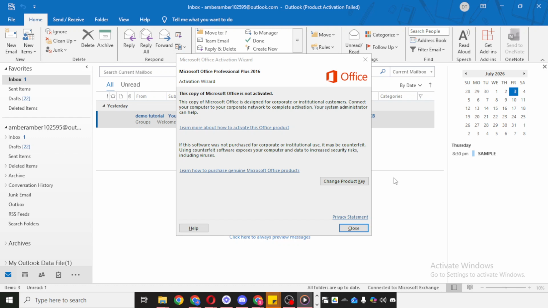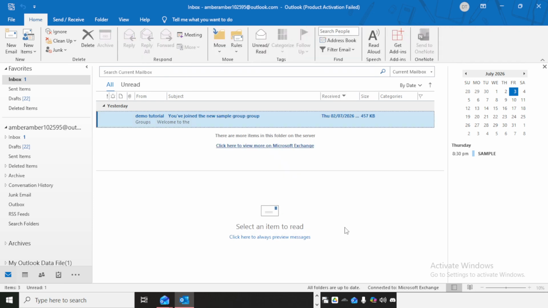In this walkthrough, I'll show you exactly where to click and what to expect on screen so you can complete the setup smoothly. To get started, open Outlook on your computer and wait for the main window to fully load. It's a good idea to make sure Outlook is connected and responding normally before you begin, since the account setup process may need to verify your sign-in details online.